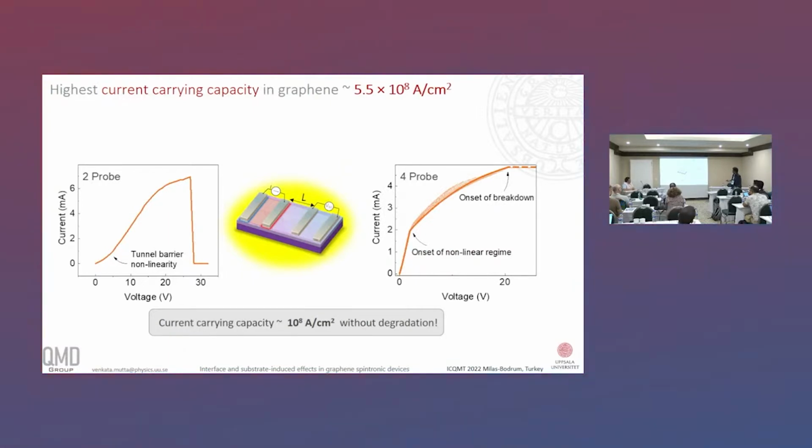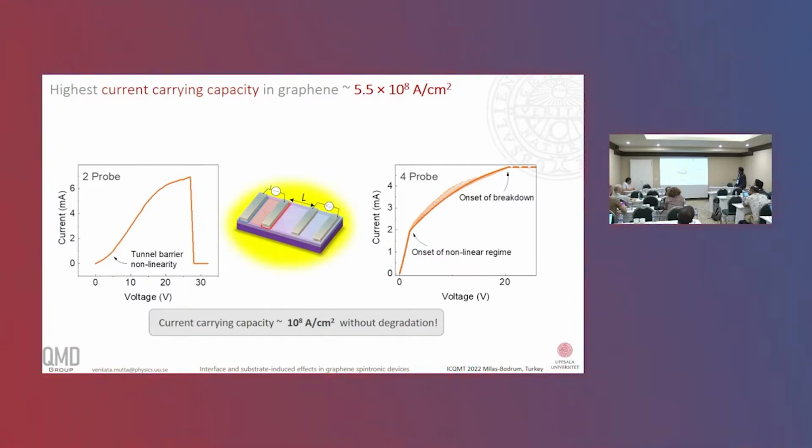So one can see what is the tunnel barrier nonlinearity that can be obtained here. And after a certain current voltage, you can see that it can withstand up to 6 milliamperes. Then the graphene sheet breaks. It's a two-terminal measurement. It means that it includes the contact resistances of these two contacts as well as the